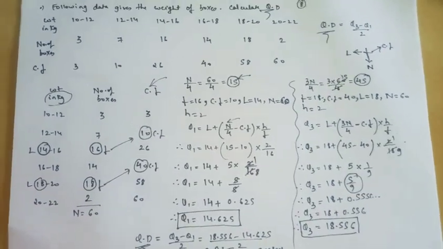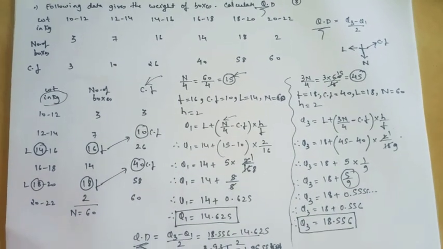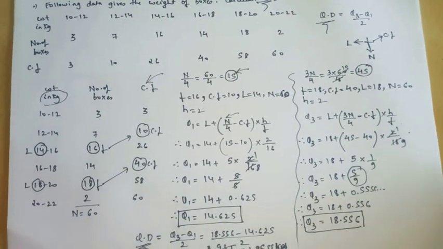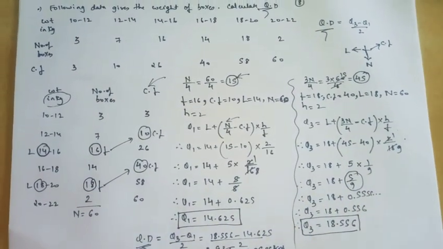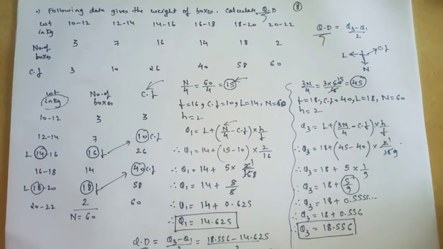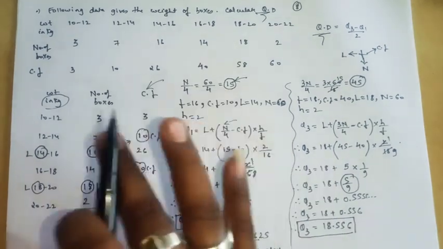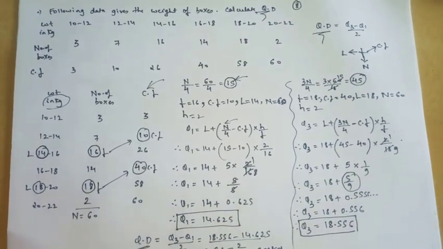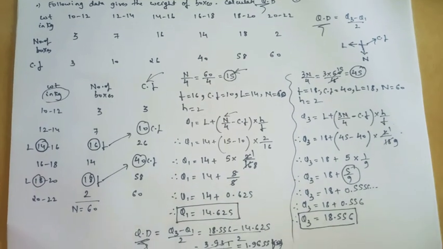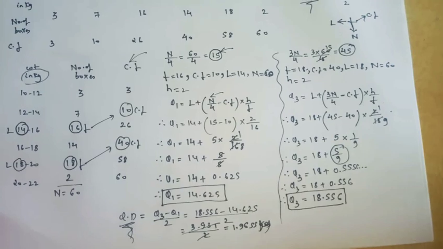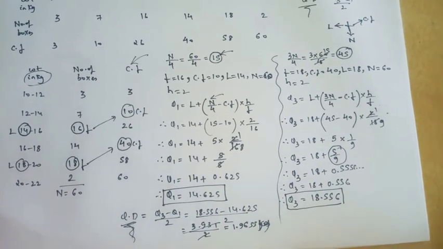The rest of the sums are very easy, as I told in the first lecture only. The first exercise is based on your chapter number 1. As in chapter number 1 we saw the quartile deviation, the same concept we have used here also. So your first exercise, I can say, is a basic of your chapter number 1. So I hope you all understood both the sums and even all the sums from the exercise.